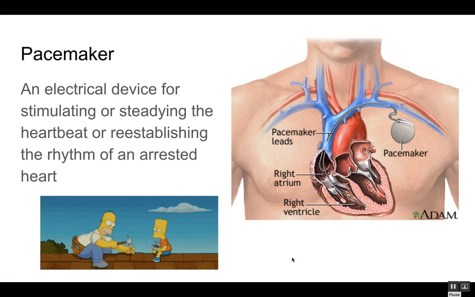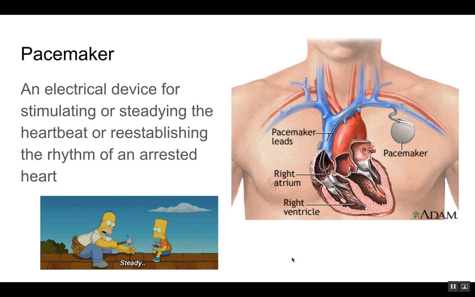Next word here is a pacemaker. A pacemaker is an electrical device for stimulating or steadying a heartbeat or reestablishing the rhythm of an arrested heart. An arrested heart is a heart that's stopped, and the pacemaker is this actual machine inside your body that will